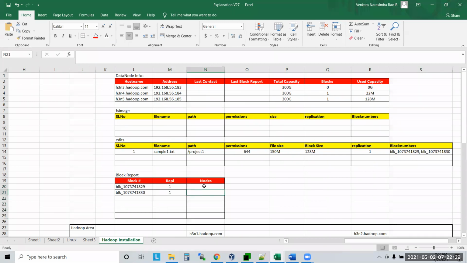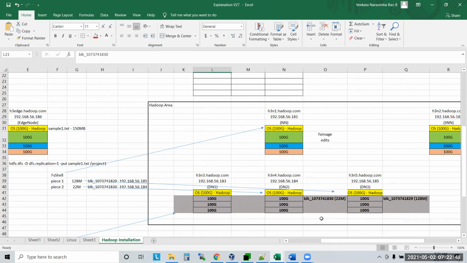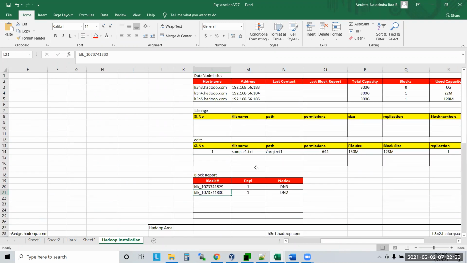Now which data nodes are representing? DN4 and DN2. Yes or no? So now it updated this information. Understood? See what is happening in the backend, guys. This is what is happening in the backend.